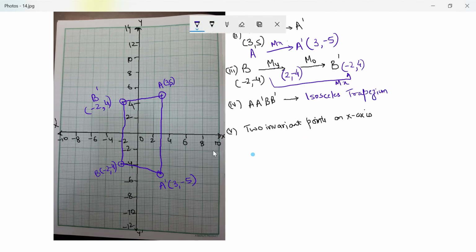So interesting one. Next, part 5, name two invariant points under reflection in the x-axis. So any point on the x-axis is invariant on this. Let's look at 4, 0. Let's look at -2, 0. In fact, you can also look at 3, 0. So two points would be -2, 0 or 4, 0 or even 3, 0. Doesn't matter. Any point on the x-axis will be invariant on reflection in the x-axis.